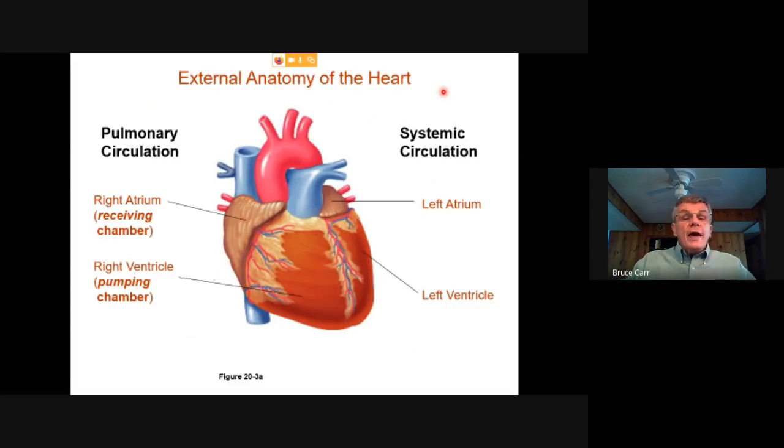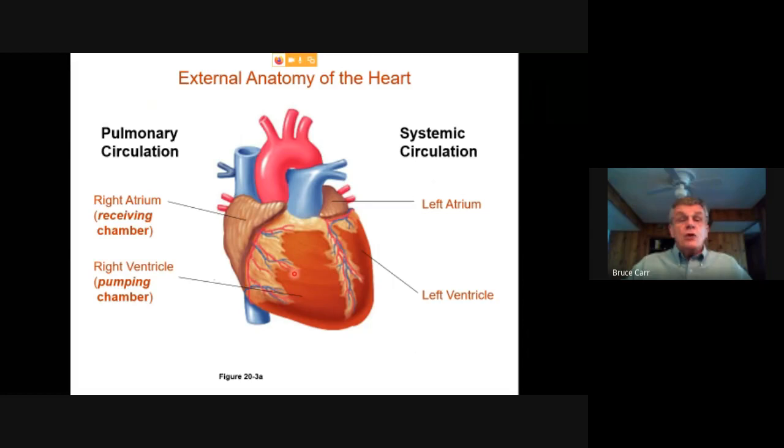The external anatomy in the position shown from the anterior side: you can see that most of the exposure in this drawing is the right side of the heart. That's part of that rotation, with the right atrium above. In fact, when it's not filled, it collapses and has the appearance of an ear. So this outer flap is called the auricle, which covers the right atrium,